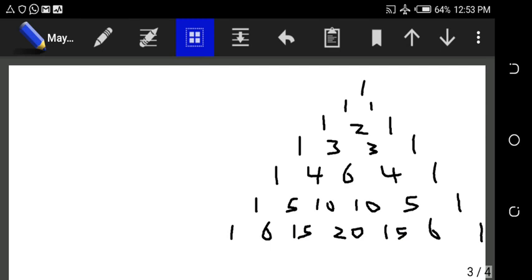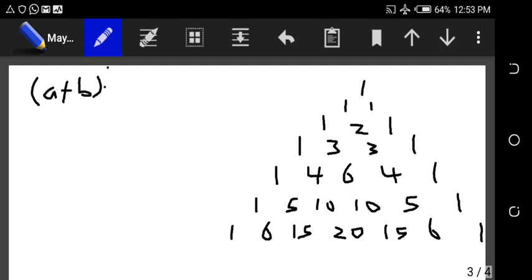Alright, so I have a Pascal triangle here drawn. Now all these levels that we have, the one for 4 and the one for 6, 5 and all that, they are the binomial coefficients that you are to use to expand any given bracket. For example, when I have an expression to expand, say a plus b